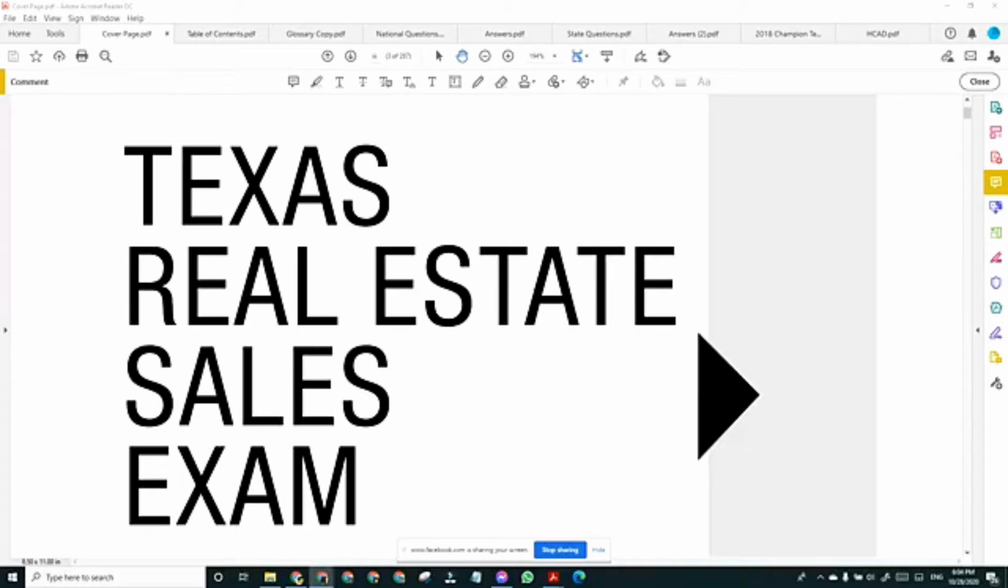Okay, we're going to continue on. This is the source that we're using right now. It is the Texas Real Estate Sales Exam. It is 287 pages, as you see up here where the mouse is moving. And it is an old source, so keep that in mind. There are some questions where the answers are wrong because this was done in 2006. However, it is an excellent source